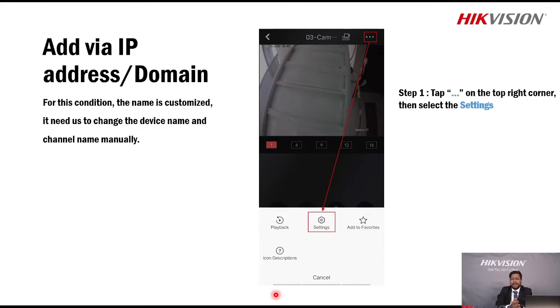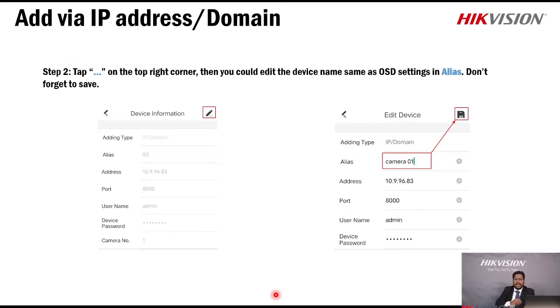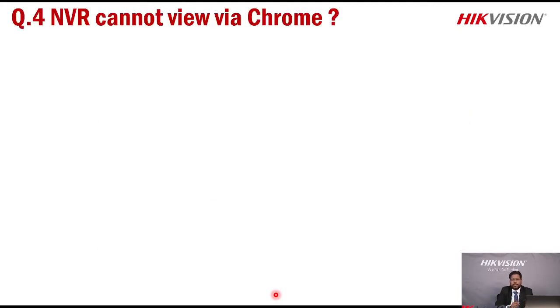So IP एड्रेस के जरिए और डोमेन नेम के जरिए अगर आप Hik-Connect ऐप में आपका डिवाइस ऐड करोगे, definitely you can change the name. Then add via IP address and domain. Again, there is one more option: click the 3 dots. In the 3 dots, you need to edit the name of your device. You can save it. Simple options available है.